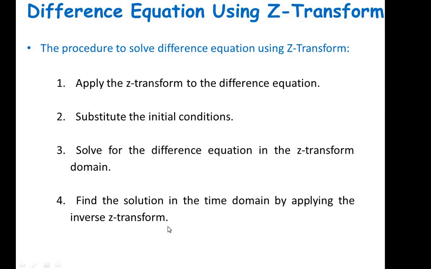For finding the inverse Z transform, we apply any of the inverse Z transform methods, or else we can go with direct inspection. Some problems may require partial fraction or the convolution method. So we can go with any of the 5 methods, and at last we find h of n. Here at point 3 we have H of z, and now at point 4 we get h of n, which we call the impulse response. So h of n is the impulse response. We have to keep that in mind.